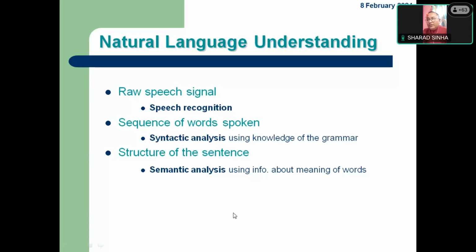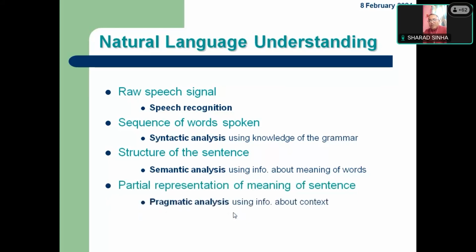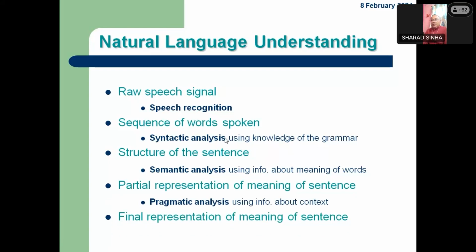Okay, and next, sometimes we deal with the partial representation of the meaning of a sentence. Sometimes we want to say something and we write other things, and also the same word may be used in different contexts. So for that we need pragmatic analysis. We'll come to this in more detail in the slides to follow. And finally, all these will make the final representation of the meaning of the sentence. So these are the things